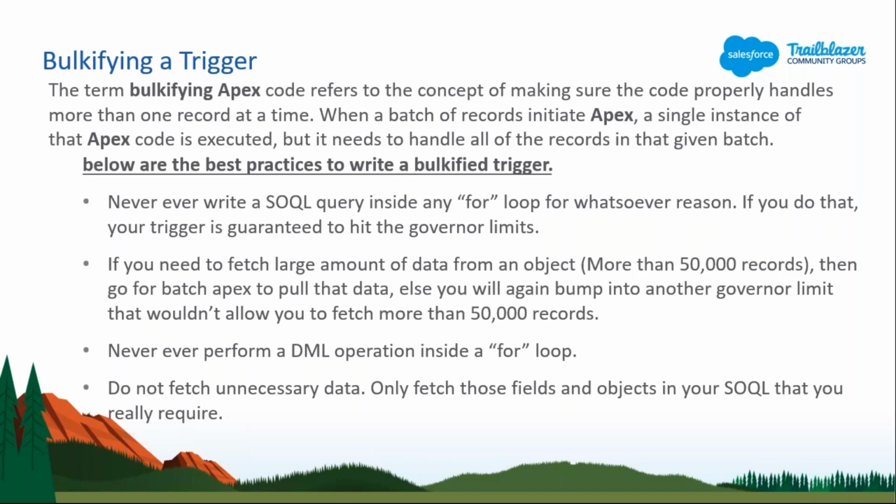And the other thing is, it's not necessary to fetch all the data in a SOQL query. Whichever field I am going to perform an action on, only that field should be included in the SOQL. We should not fetch data unnecessarily. If I'm working with the name field and I'm fetching a phone number which is not used in that trigger, then we should not fetch that phone field because it is not being used.